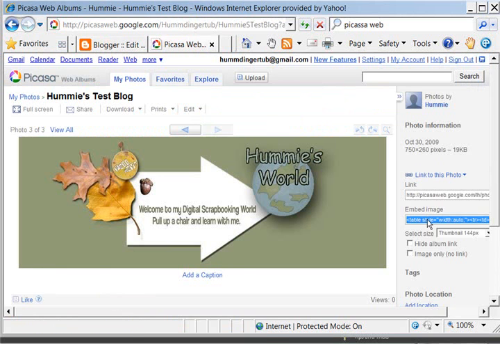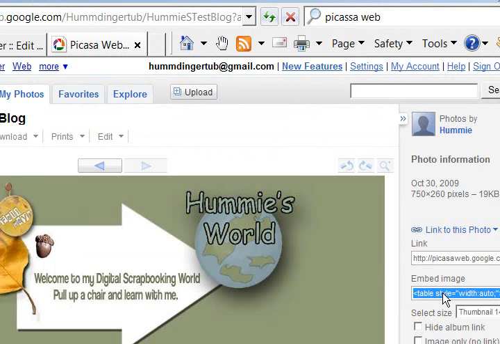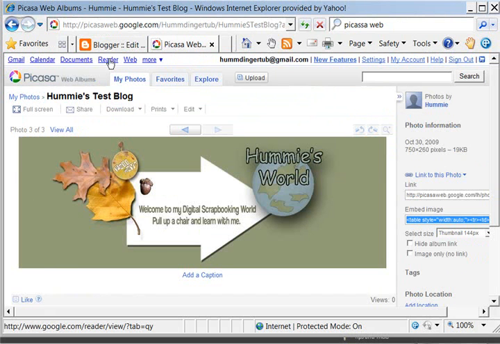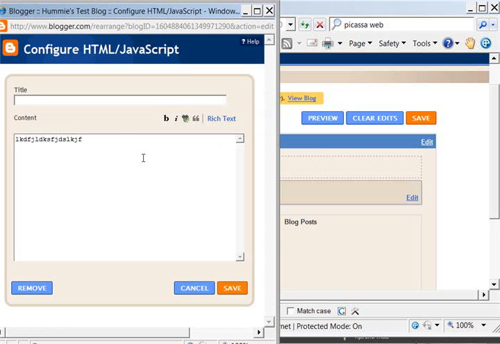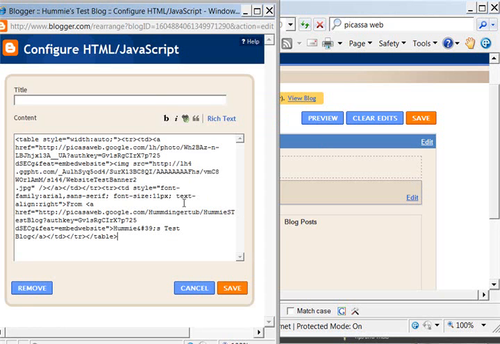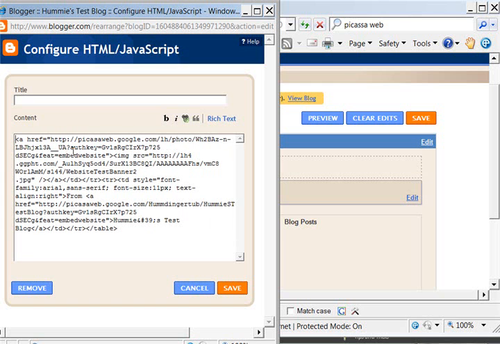I'm going to go back here, and I'm going to grab this embedded image code, because right now that's easiest to explain to non-techie people how to utilize. And I'm going to edit this HTML code and paste that in there. Well, Picasa adds all this other stuff on there I don't need. So it creates it in a table. So I want to find the code for just the image, and it starts right here with an A HREF and the link. So I'm going to delete this code for the template,